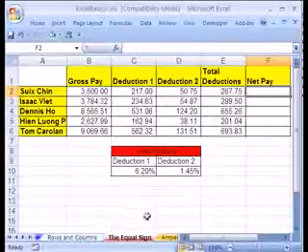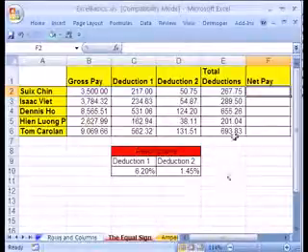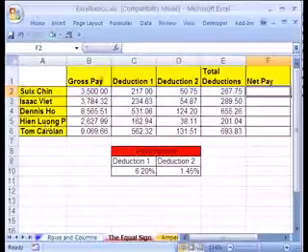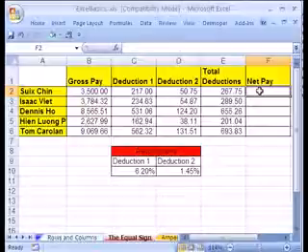Hey, number 3 here, we're going to talk about the equal sign and the ampersand and make our first formulas. Now, here we have employees. We have their gross pay, deductions, and total deductions. We want to start by making our first formula that calculates net pay. And what we want is to have gross pay and then subtract from it total deductions and put